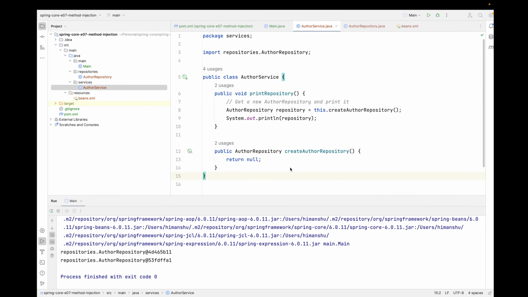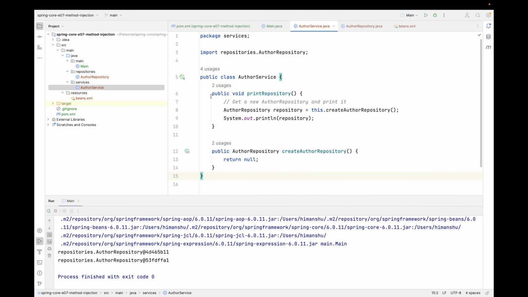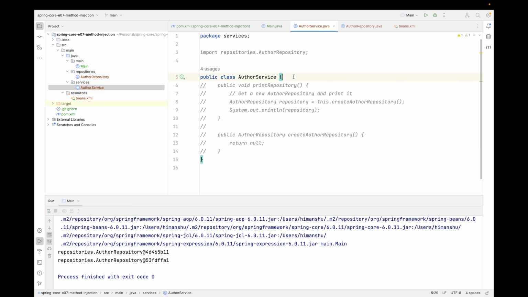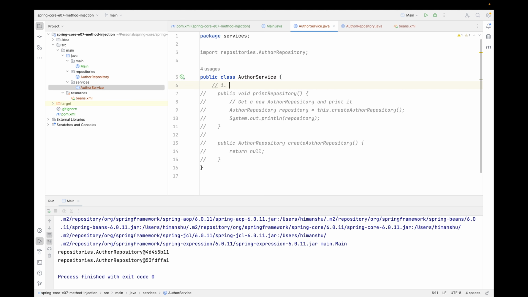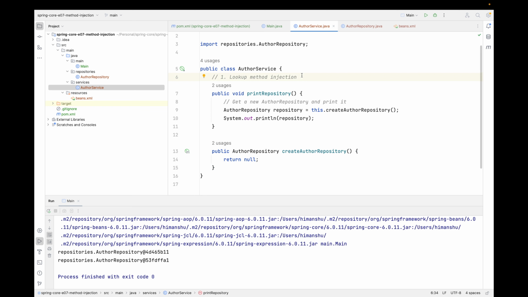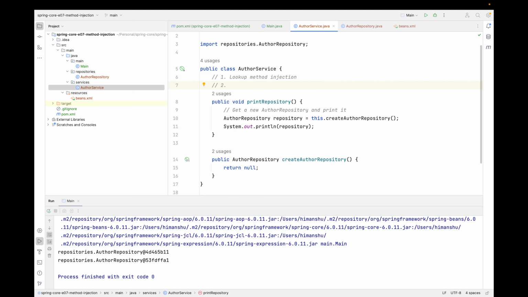Let's see that in action. I will just comment it out, and here I can say first, lookup method injection. And we don't need to comment that out, I guess. We can just keep it as lookup method injection, and second is arbitrary